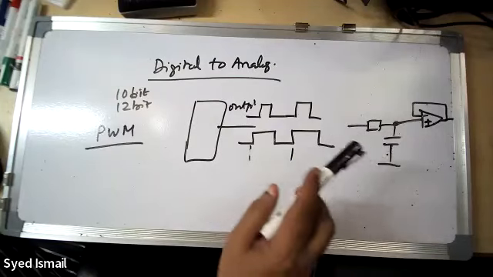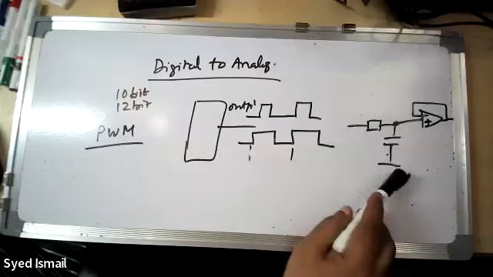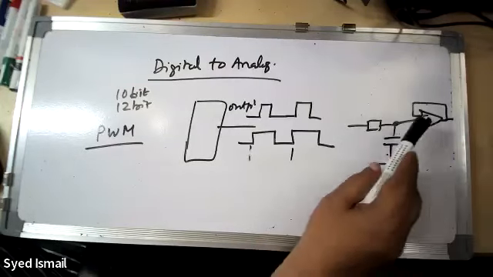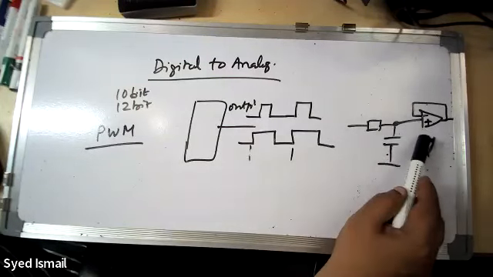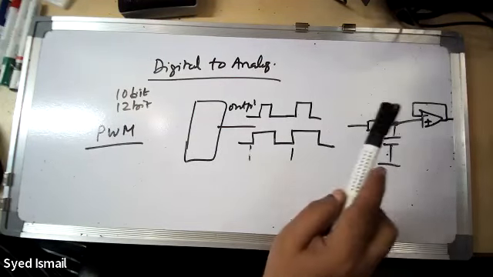You have to calculate the resistor capacitor. That is easy. Later on you can calculate. I explained it before, but you can calculate very simply how much it will come out. And just use a buffer. This is a buffer. Why? Because this cannot give that much current, so to increase the current, I'm using a buffer.